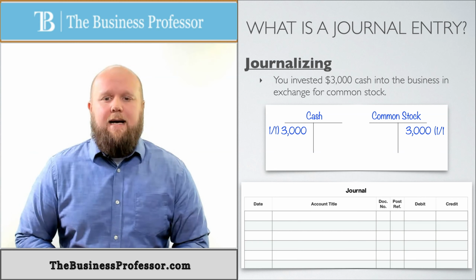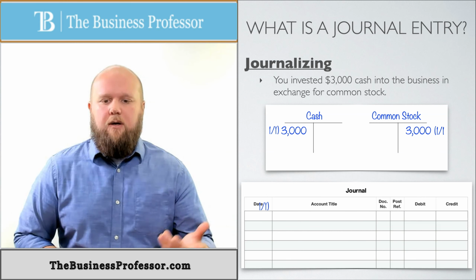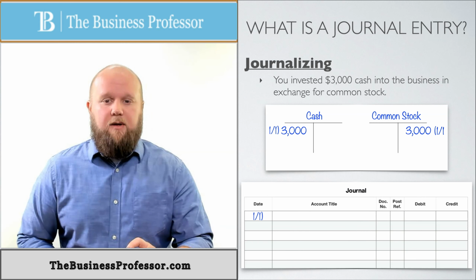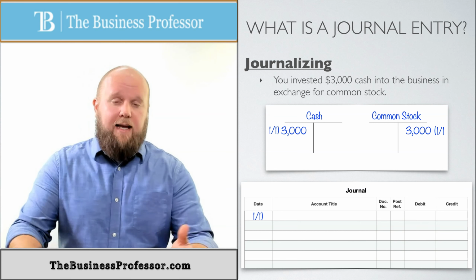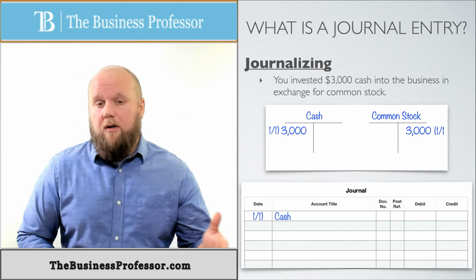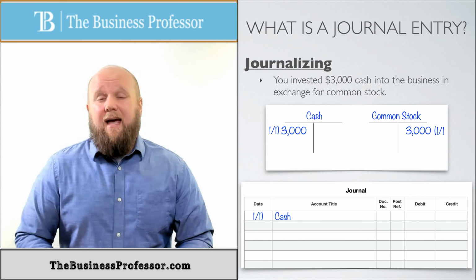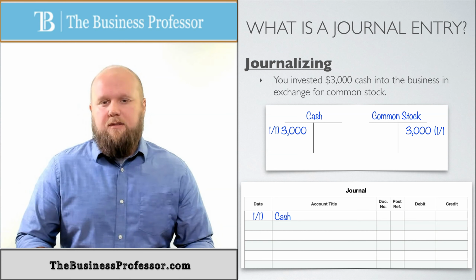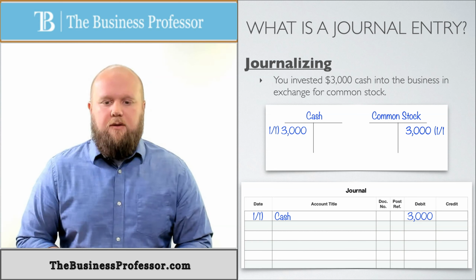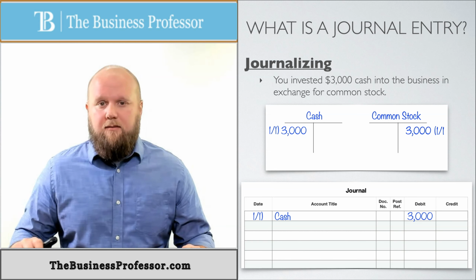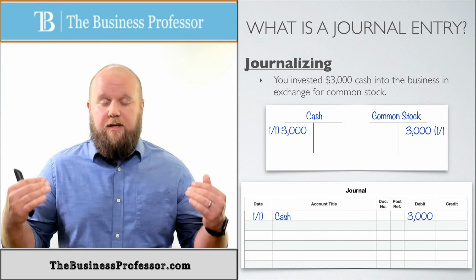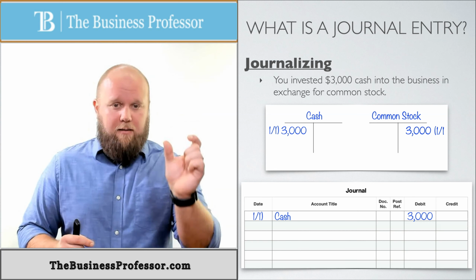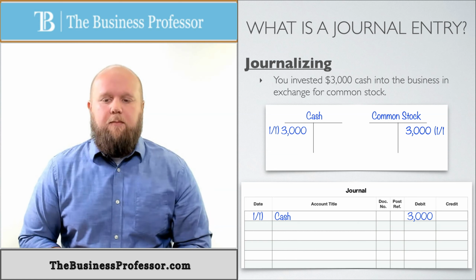So first things first, we're going to use our date. We want to go ahead and put a date to this, so we're going to go ahead and move the 1-1 there. And then always, always, always, when you're journalizing, you always start with the debit. Whatever account is being debited. For us, the cash is being debited. So we're going to move cash down. We're going to put it all the way to the left side of that column. Okay. And if we had other debits, we would continue following them along. We're also going to move our number that's under cash into the debit column. So we'll move the cash, the 3,000, there. Again, that's one line of our debited account. If we had more of them, we would continue doing this. Obviously, we would leave out the date. But the account title, we would just fall in line with that row. We would not move anything else. They would all be in line. Okay, and then we'd keep putting the numbers in the debit column.